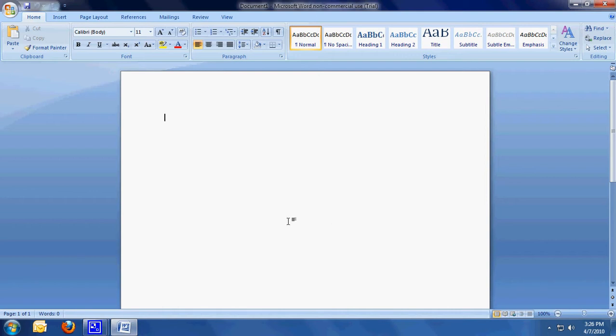Okay, today we're going to walk you through the basic functions of Microsoft Word 2007. Initially, when you start a document, generally you're going to have some type of title. You can do it a couple of different ways. You can use predetermined titles that they've given you. So, for example, we'll call this Microsoft Word